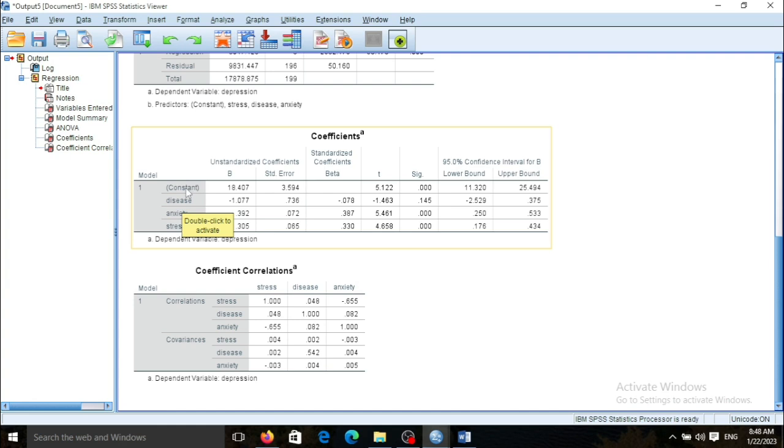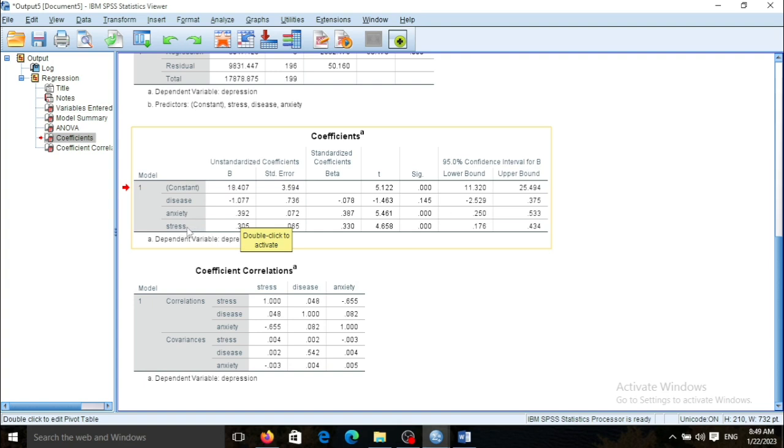The constant shows the bias from the origin in a linear model, and it is 18 in this study. And as the p-value has not been significant for disease, you can exclude it from the model, and anxiety received a certain slope,